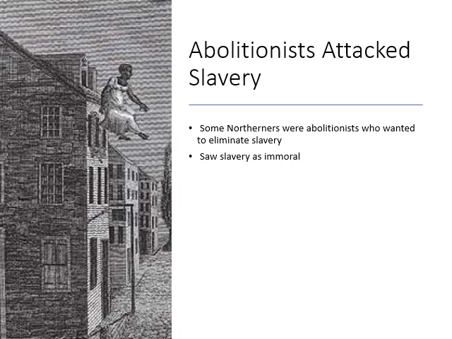Abolitionists were the people who attacked the institution of slavery. Some Northerners were abolitionists who wanted to eliminate slavery, and the basic argument for that is that slavery is immoral. We know that today, without a doubt. Owning another human being is unacceptable in any bounds. But as we see, there were a lot of justifications for it back then from their perspective. The abolitionists in the North were starting to argue this moral point and saying that this is immoral.